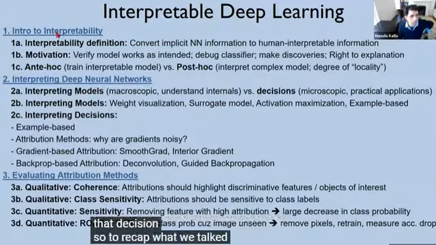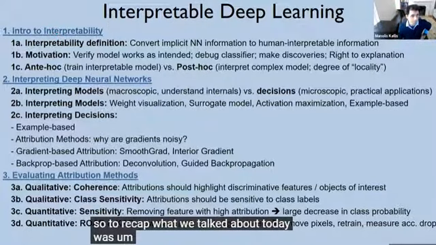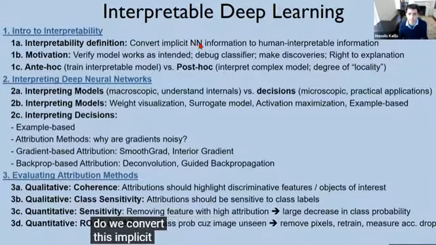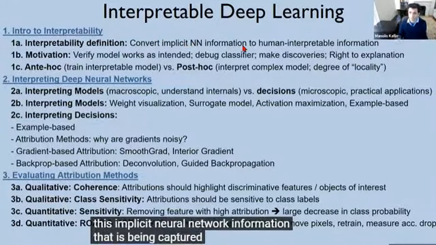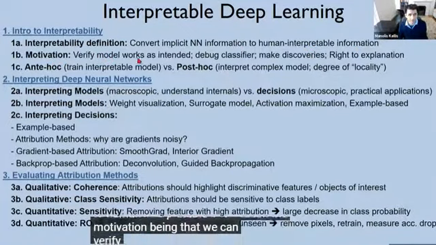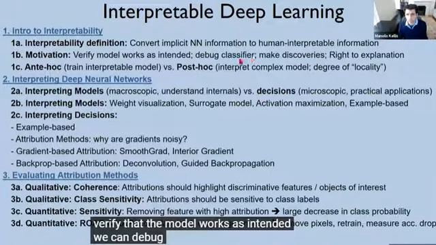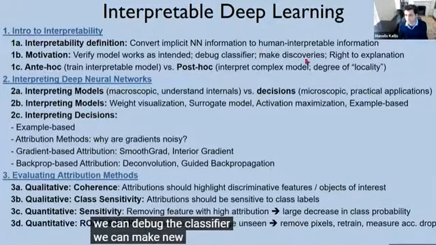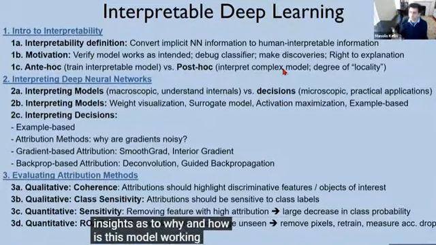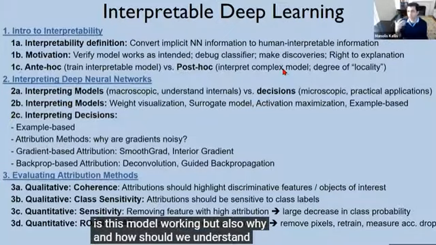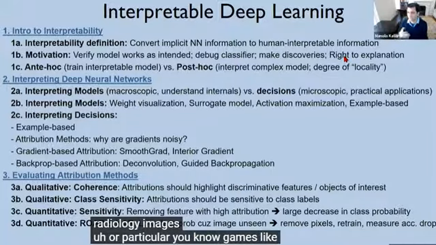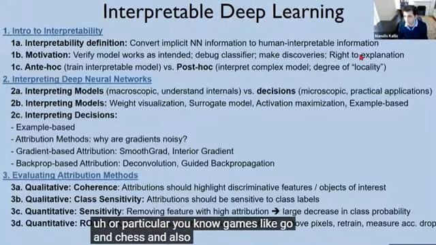So to recap, what we talked about today was why interpretability is so important. How do we convert this implicit neural network information that is being captured to human interpretable information? The motivation being that we can verify that the model works as intended. We can debug the classifier. We can make new discoveries, get new insights as to why and how this model is working, but also why and how should we understand particular radiology images or particular games like Go and chess,